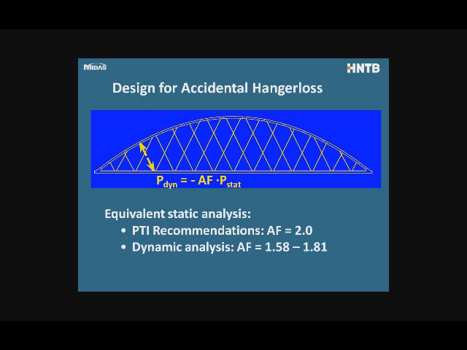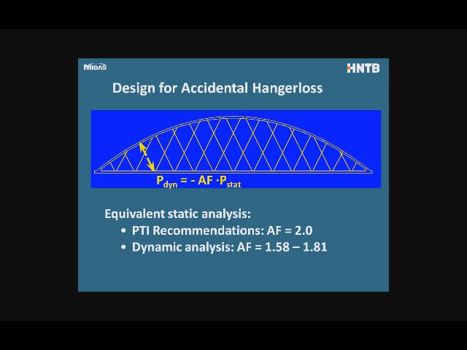The next concern I want to look at is what happens if we lose one of these hangers. These hangers are usually high tensile elements, and what happens if we have to replace one? That's the easy load case, but also what happens if one is suddenly removed, say due to vehicle impact